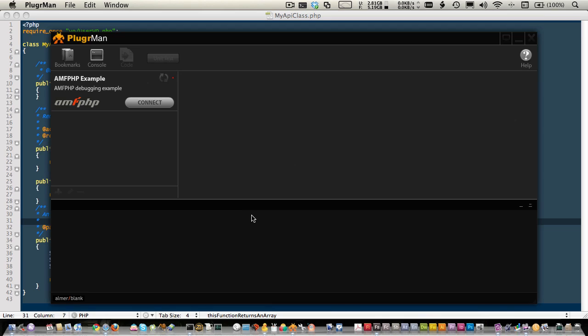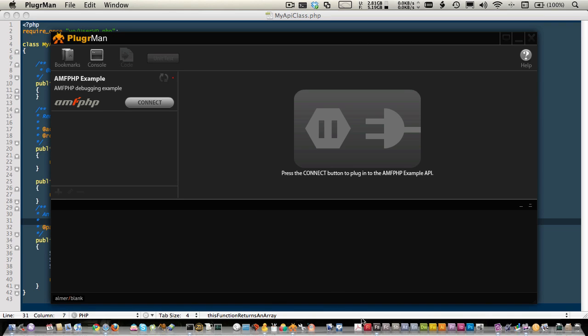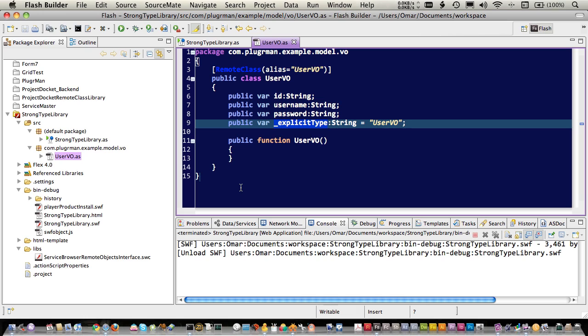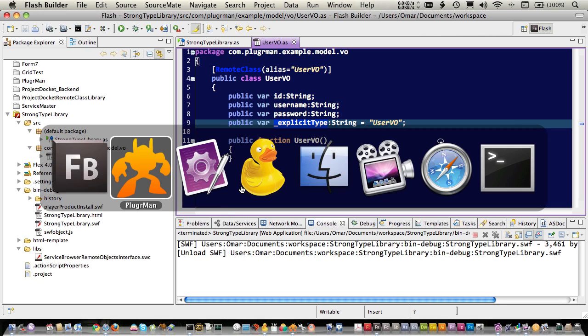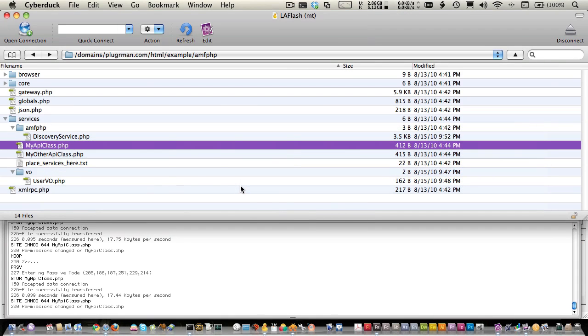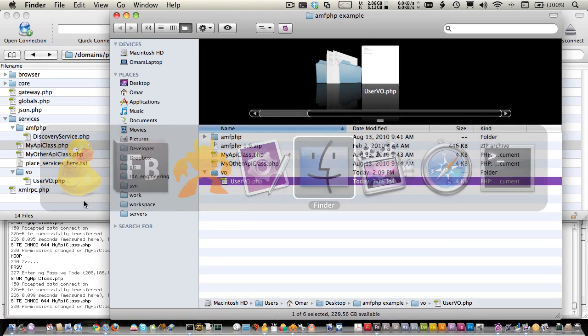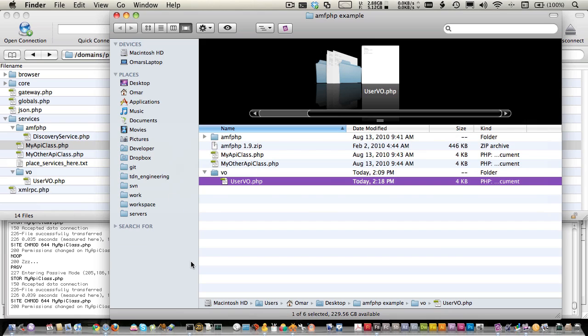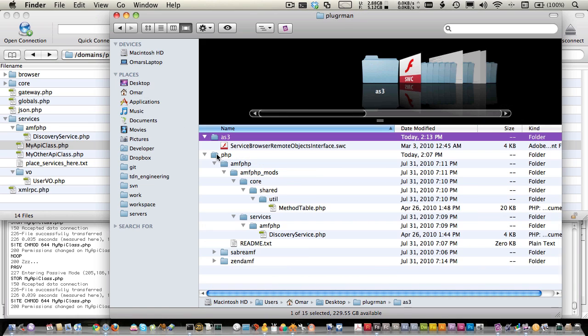However, before we set up the bookmark for strong typing, there's two more things that I need to go over. First, in the AMFPHP installation, there are two files that you need to modify in order for the AMFPHP service browser support classes to provide the strong type information. So if I go back to the PlugrMan download,